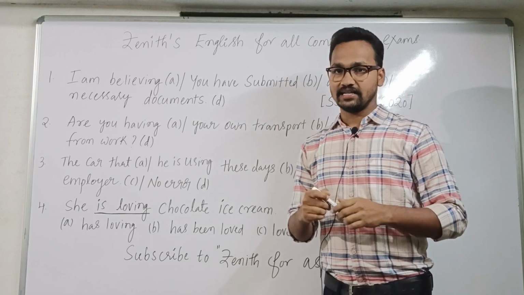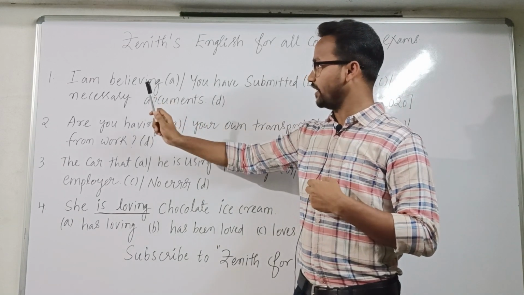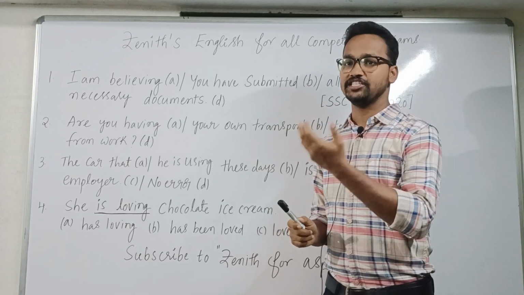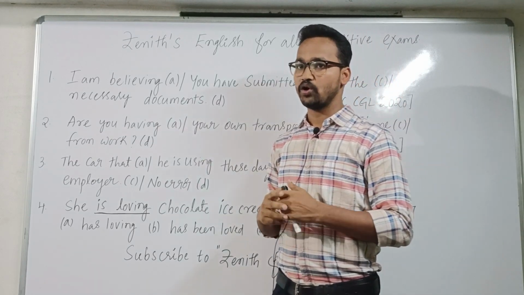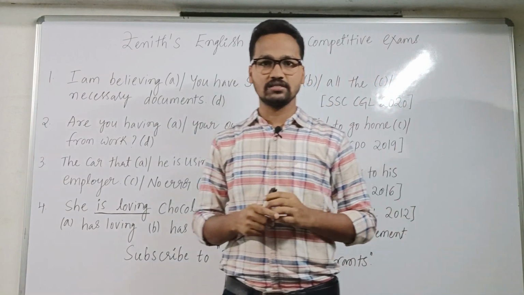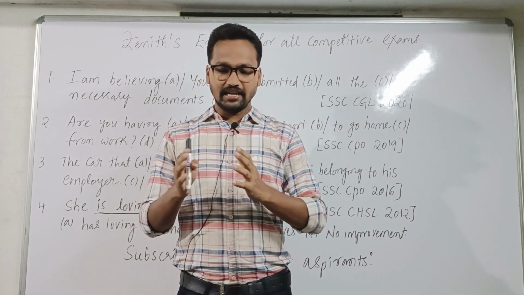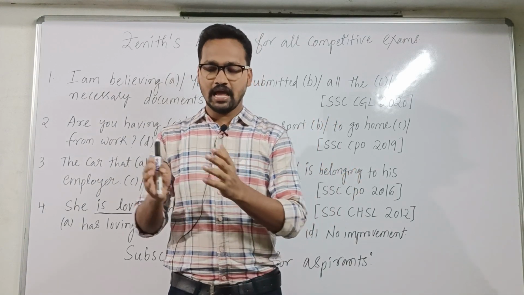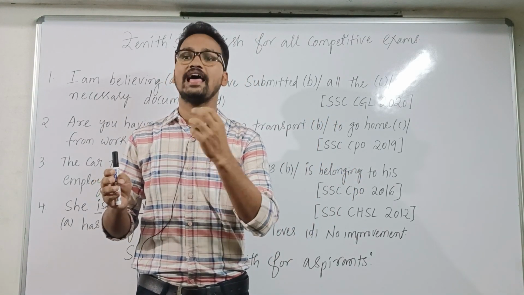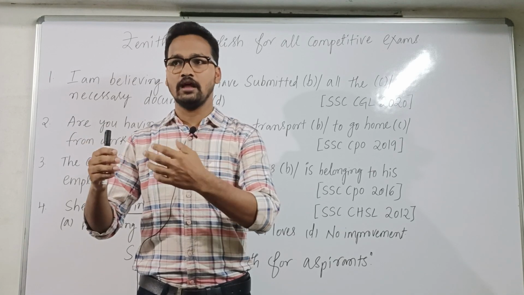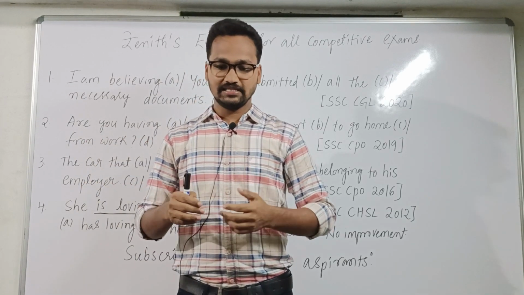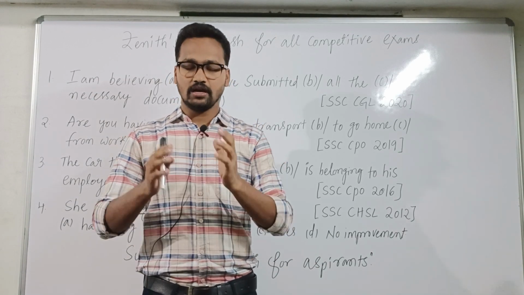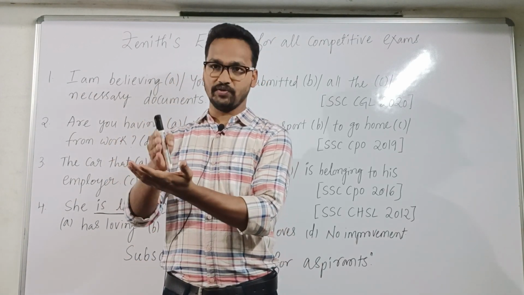I think you have got the right answer. The error lies in part A. Here, we should not use the verb believe in the ing form. In the present continuous tense, we should not use the verb believe because verbs are mainly of two types, action verbs and non-action verbs. Action verbs refer to physical actions, so they can be used in continuous tenses. For example, standing, speaking, and eating. We can see those actions, so action verbs can be used in continuous tenses.